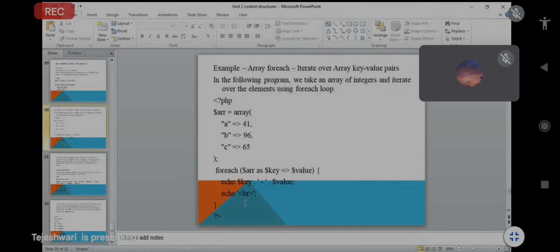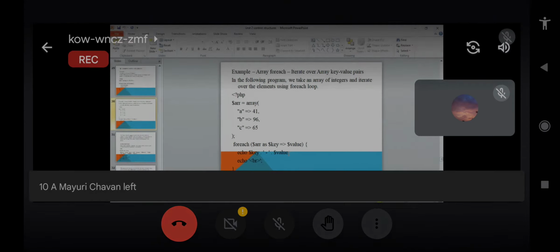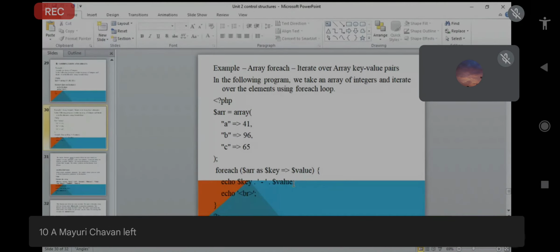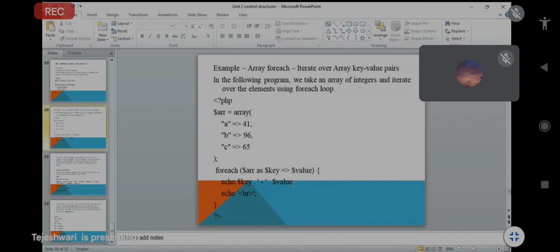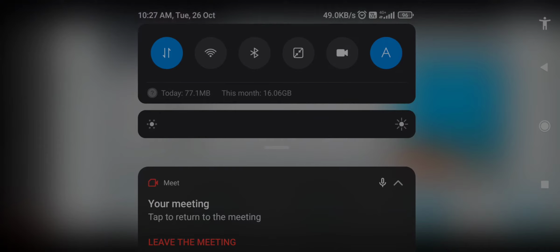That's why in the foreach also we have to mention the two variables, and print the key and the value. So key is a and value is 41, then B 96, C 65. One by one the values will be printed. So this is about the array foreach loop.